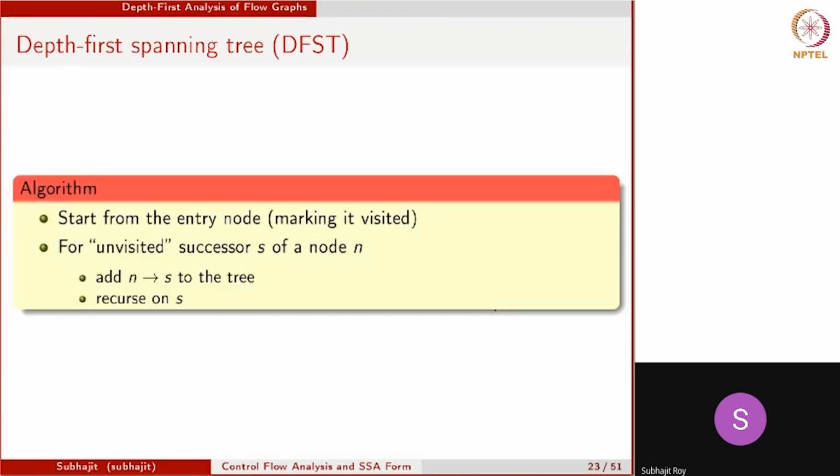The first is something called a depth-first spanning tree, right? So what is a depth-first spanning tree? So anybody tell me what is a spanning tree of a graph? The minimum possible path which covers the breadth of the graph. Basically, it's used in networks where you want to span the entire network. Exactly. So a depth-first spanning tree is that, so you can construct a spanning tree by just doing a graph